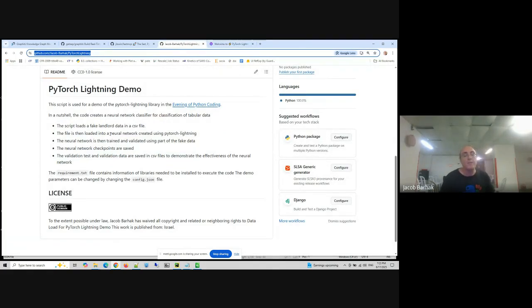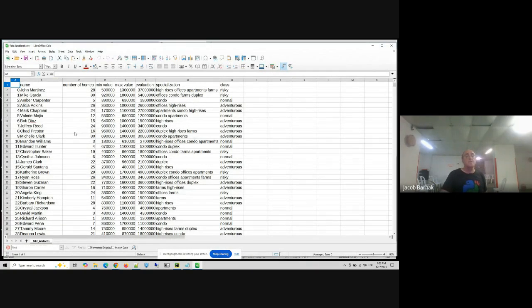Now, let's go back to our demo. I'm going to show a simple classifier neural network, and I wrote it in a very general way, meaning today I'm showing it working on some fake data of landlords. I created fake data of landlords, and what I'm going to show you is how I'm going to create and train a neural network that classifies those landlords. And I'm going to use PyTorchLightning to actually do this in an easier way. So let me show you first the data from the landlords.